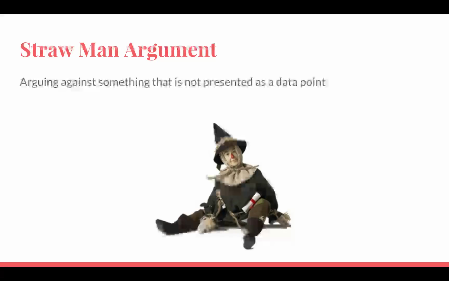Your chance of success of beating the straw men is going to be 100% because they don't fight back. They're not real. Whereas your chance of defeating another army would be significantly less. So you would want to fight the army of straw men. That's why it's called a straw man argument: you build an artificial argument instead of taking on the real argument.